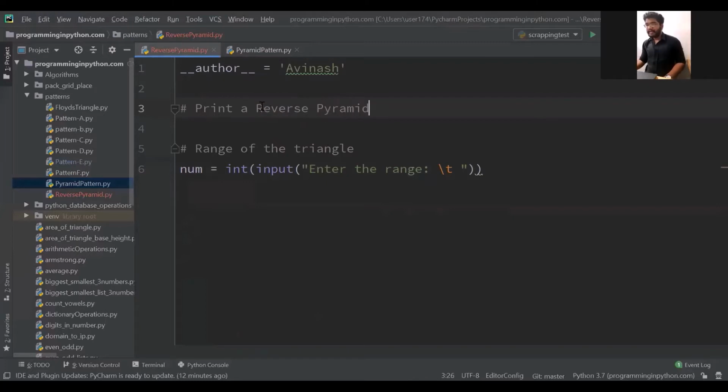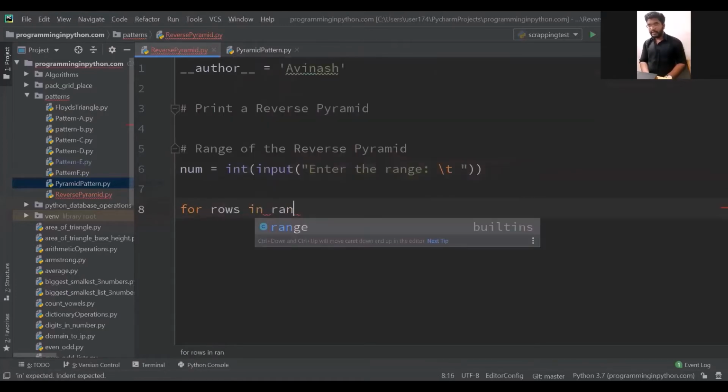So enter the range of the pyramid. In the example on the board, I told you this is 5 and took this variable as size. Here I'll just take this as num, and take the input num. Then I'll write a for loop, for rows in range.